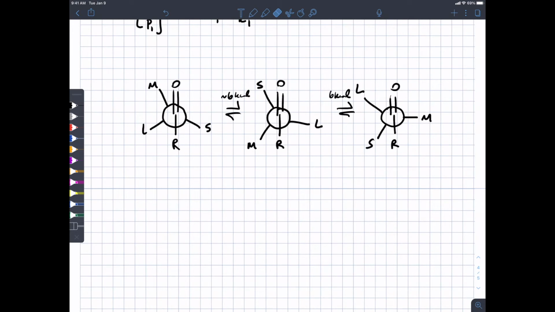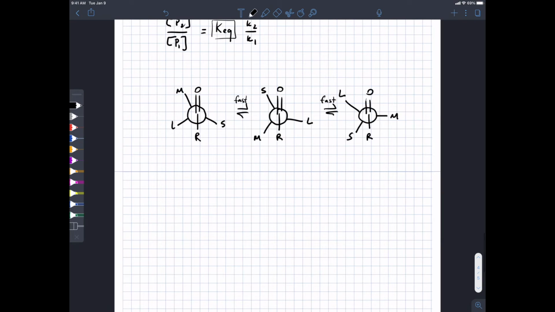So let's not even say that because it's not a bond between two sp3 hybridized carbons. It's more complicated than that. Let's just say that interconversion is fast, which of course we know it is at room temperature, right? It's easy to spin methyl groups at room temperature. Because that interconversion is fast, we actually don't need to worry about which is the major conformer in solution. We just need to worry about which transition state